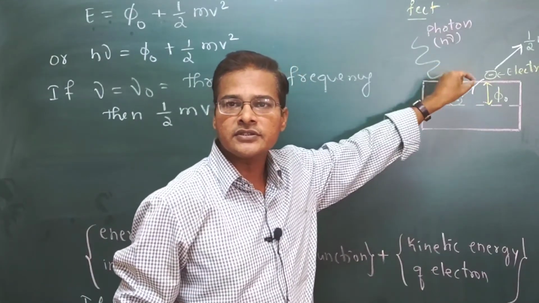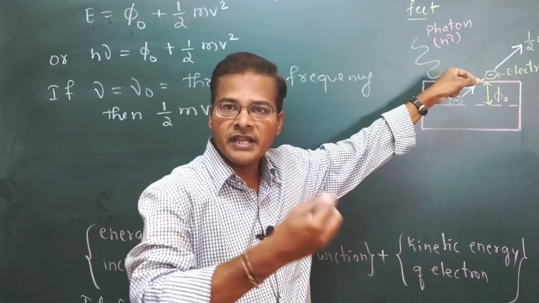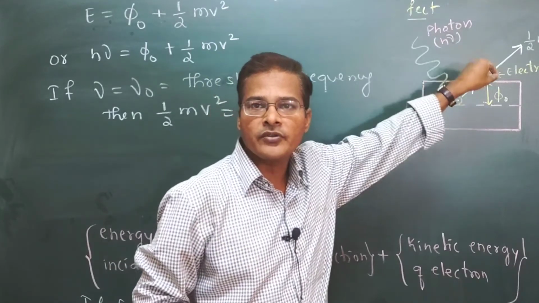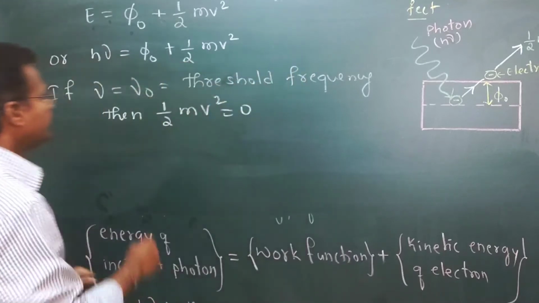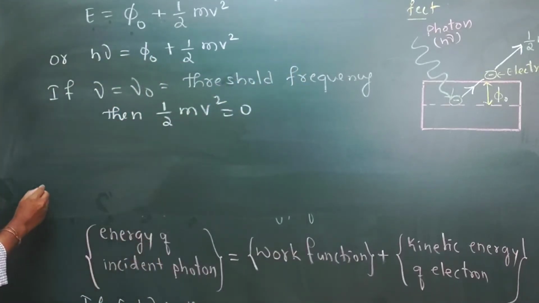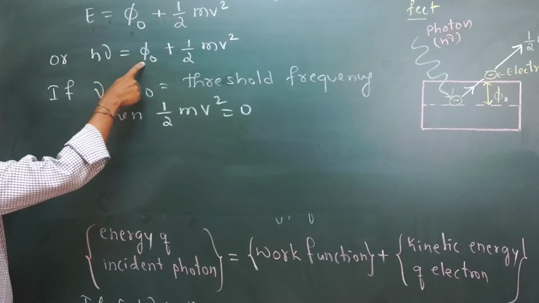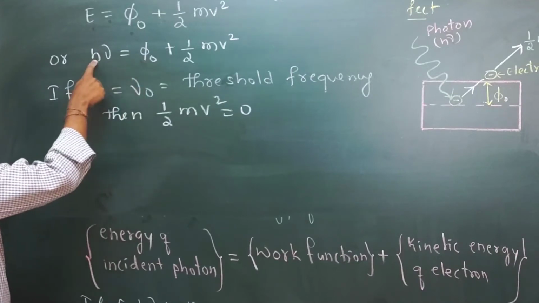It will not come out of the metal surface yet. It requires the remaining part of the energy. If the energy is not there, it will not come out from the metal surface. Okay, so then I am going to substitute this here. So what can we write now? This is phi naught. Phi naught is the work function. So we are finding the work function, so we'll substitute here.